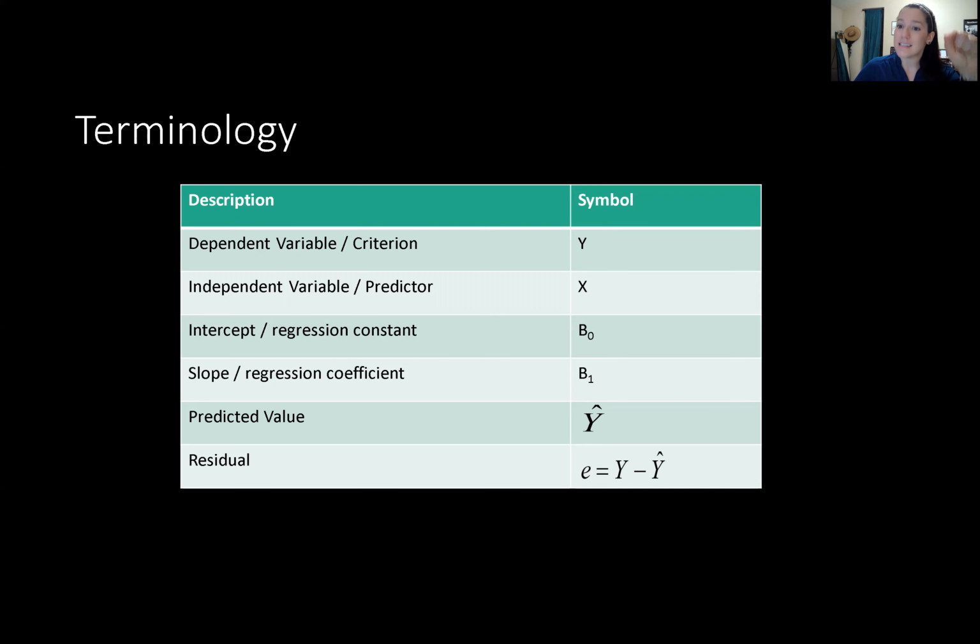So Y is the dependent variable, X is the independent, also called the predictor. Y on this chart also says criterion. So you'll hear criterion. You'll hear me use the word outcome a lot. It all means the same thing, but have that as automatic in your brain, so that,